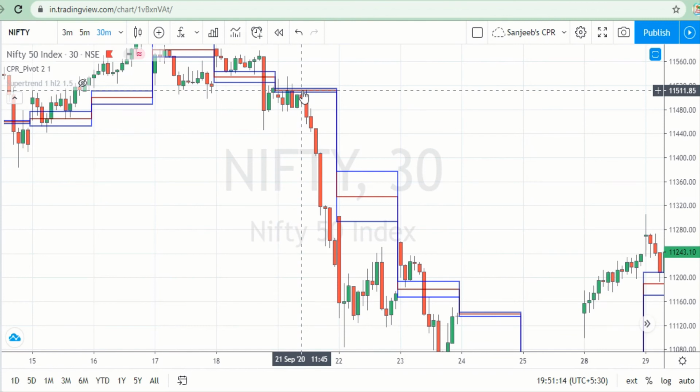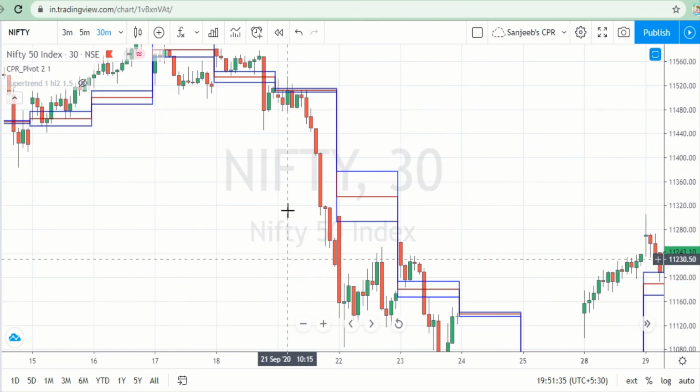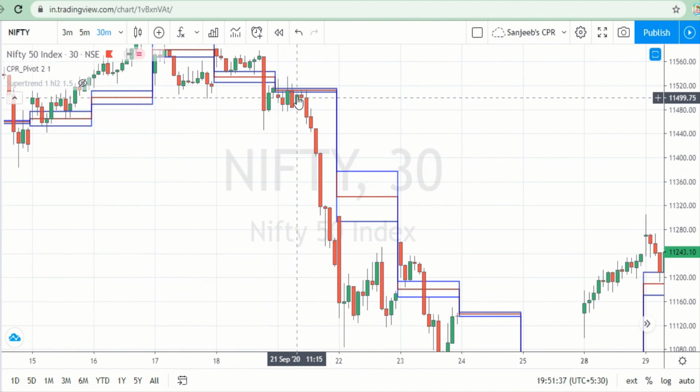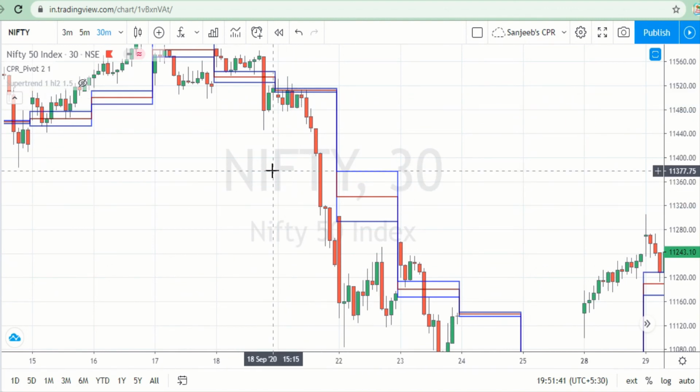And in downtrend also the reverse, when it is in a strong trend can usually be gauged by how price remains above the bottom central BC. डाउन ट्रेंड में कैसे हम करेंगे? जब रिप में सेल करेंगे, जब प्राइस CPR के आसपास आ जाएगा और CPR के पास आएगा तब हम सेल करेंगे.